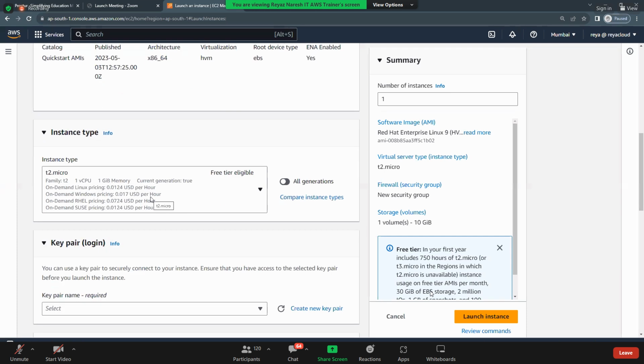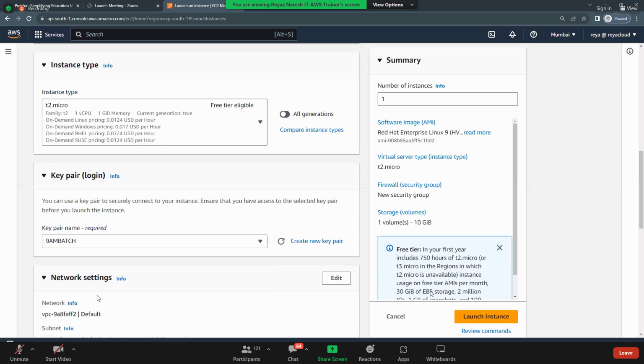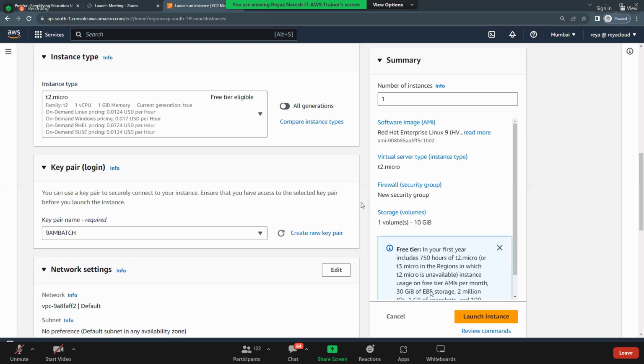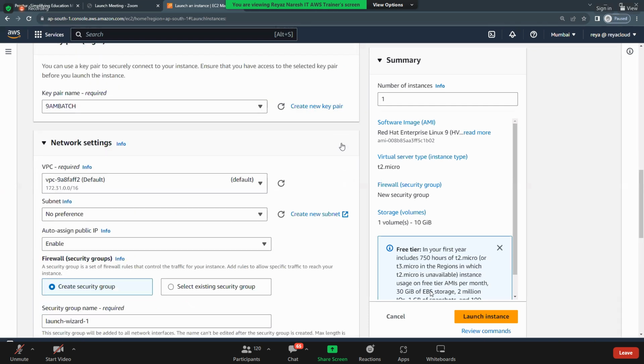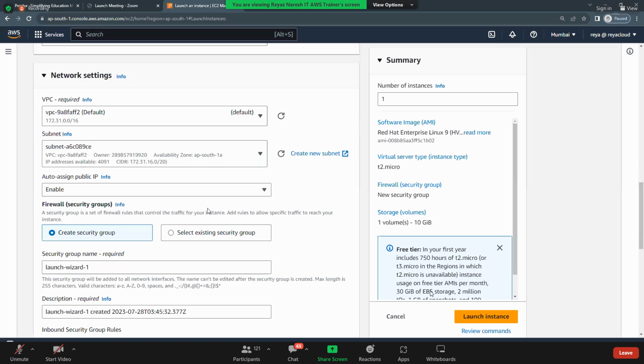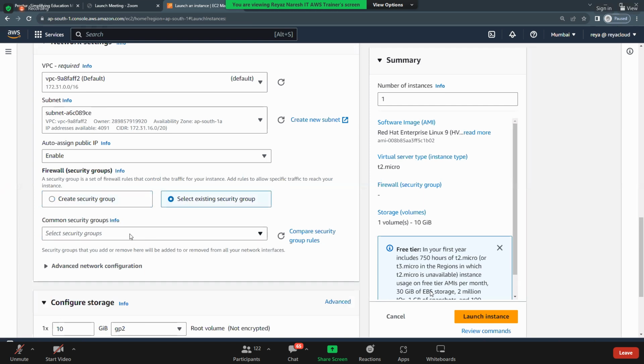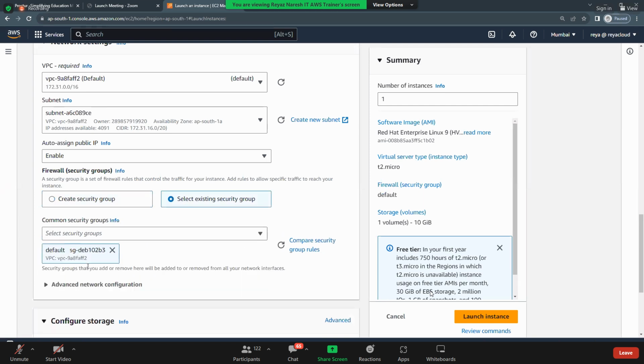Instance type T2 micro. Key pair 9 AM batch. Edit. So VPC and which one? I'll put 1A. Next, auto assign public IP. Enable. Select existing security group. And then default. Very good.